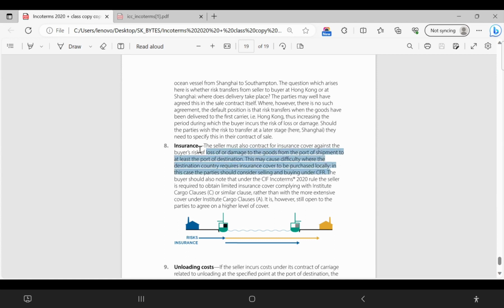So here, like CIF, we know it. CIF means the seller has to arrange insurance until the port of destination. But the claim, if damage happens at another part, the claiming agency should be there, at the place of import. So in case there is no such arrangement from the insurance company, then it is better to go with CFR. This is one important point.